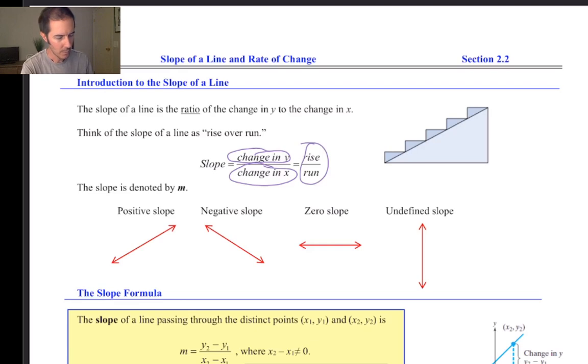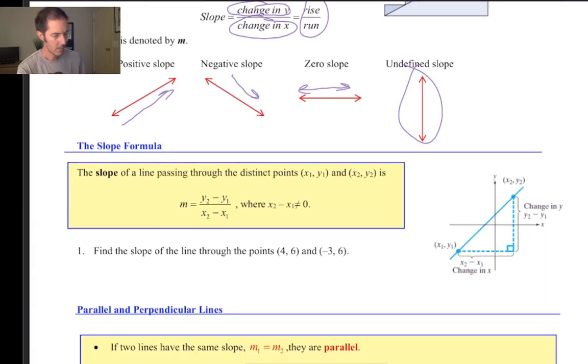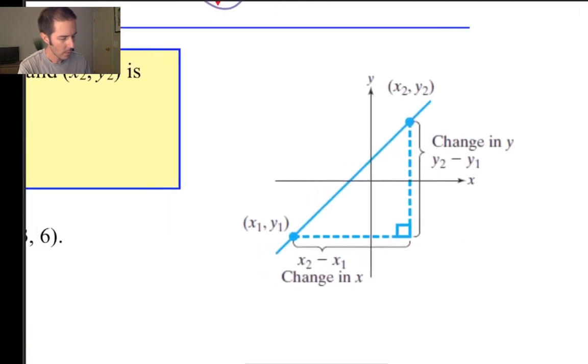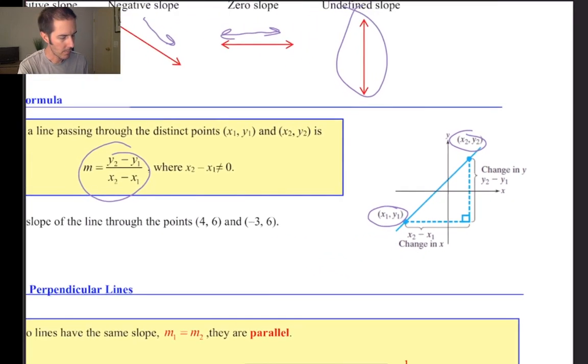A line that's sloping up and to the right has a positive slope, down and to the left has a negative slope. If it's a horizontal line, it has a slope of 0, and a vertical line has an undefined slope. More specifically, in order to calculate the slope of a line, y2 minus y1 over x2 minus x1, where x1 and y1 are the coordinates of one point on your line, and x2, y2 are the coordinates of another point